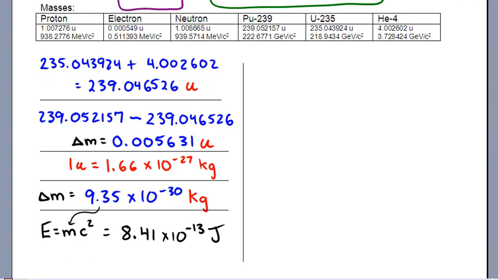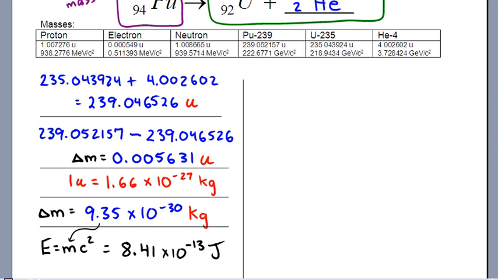So if I was to use that set of numbers, I'm now going to be focusing on this bottom row. For the uranium and the helium, I'm going to use this number here, and I'm going to use this number here for the helium, and I'm going to use plutonium. When I'm ready for it, I'll be grabbing that number. Okay,